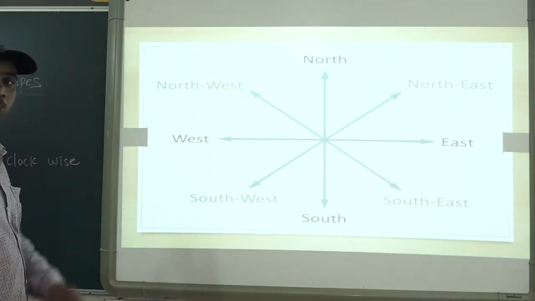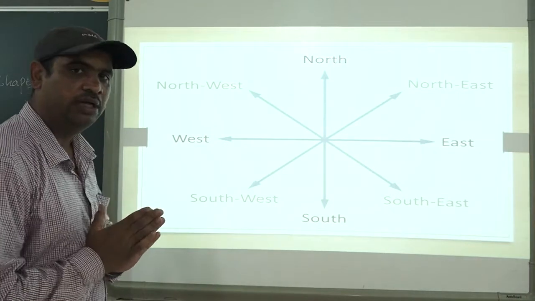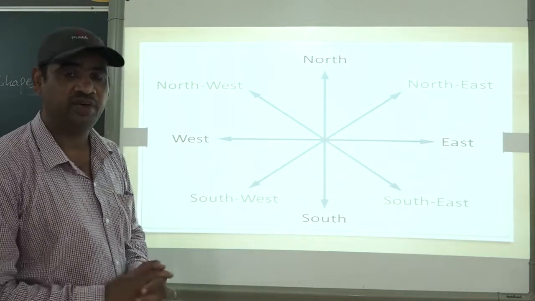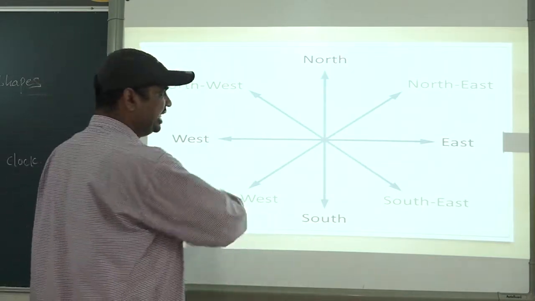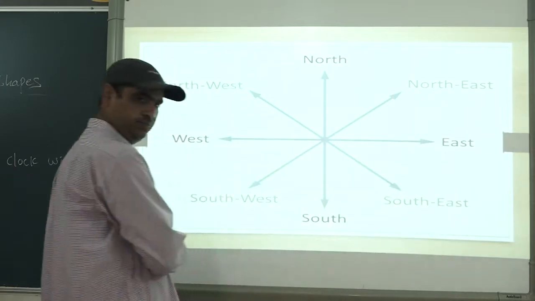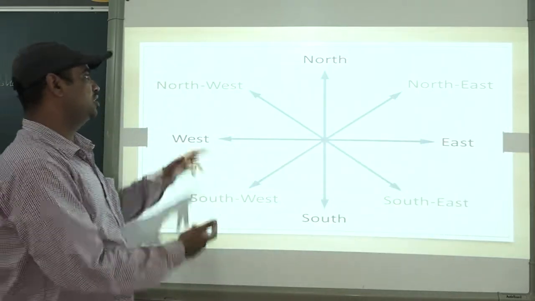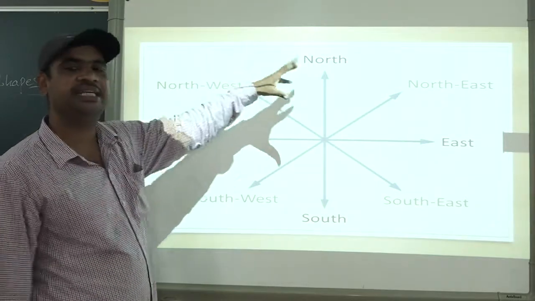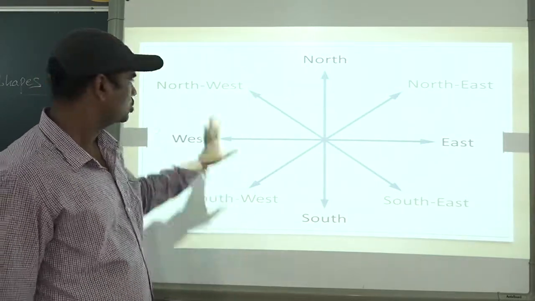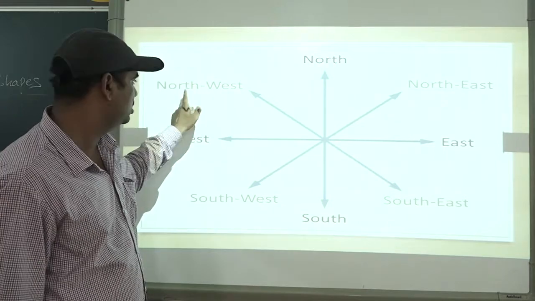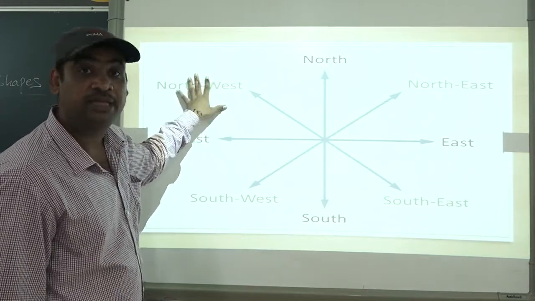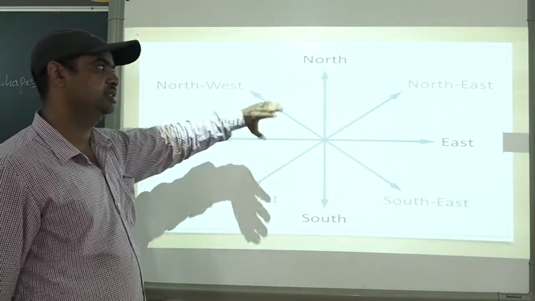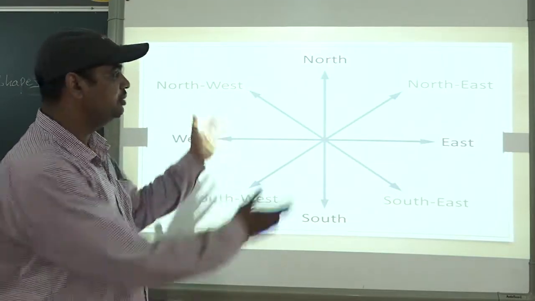So these are the important zones on a map. If you want to know exactly where a country or a state is, you can take help of these different zones. Like where is northwest? If we take the example of the India map, what is there on the India map? On the northwest side, Pakistan. So you should know which direction is on what side and which directions lie in between on a map.